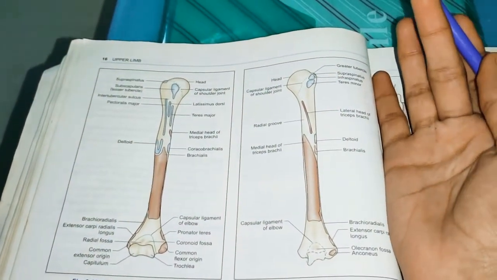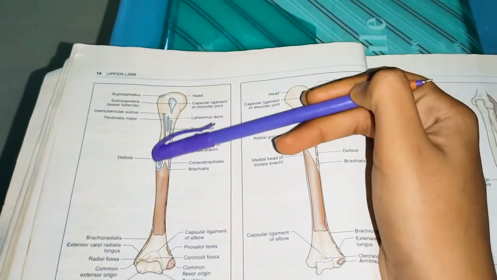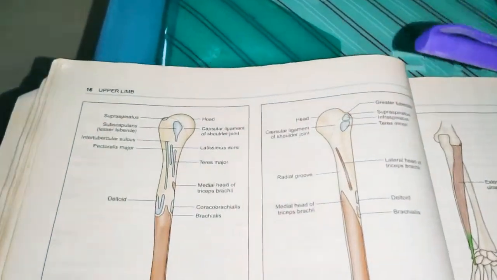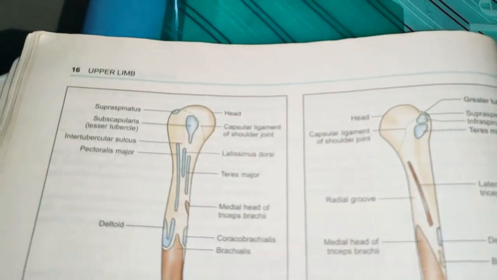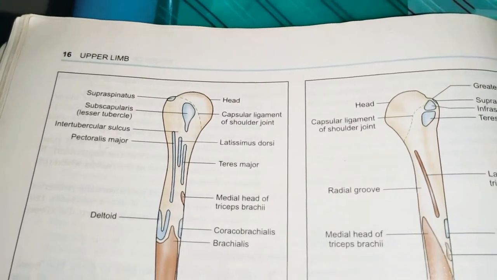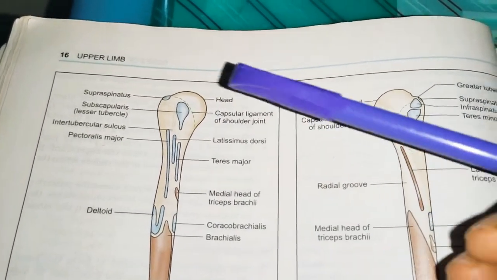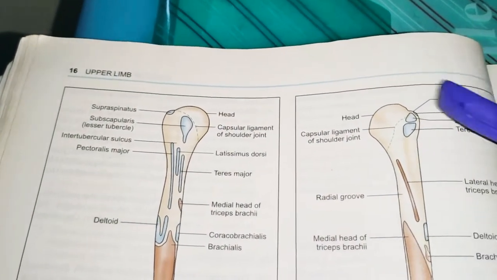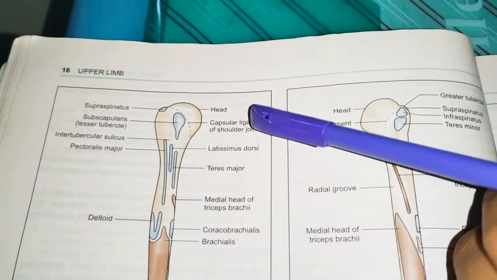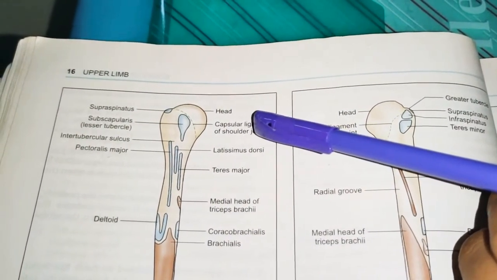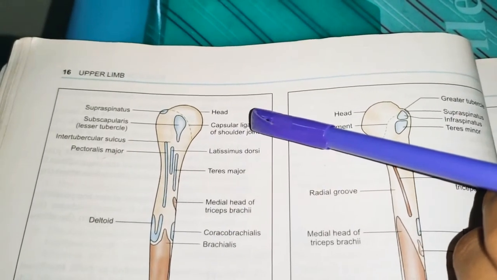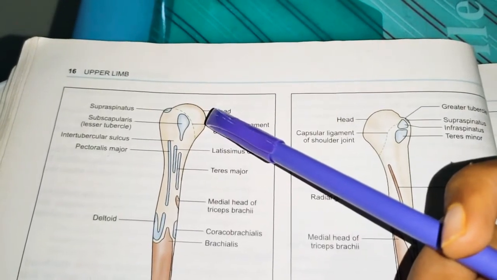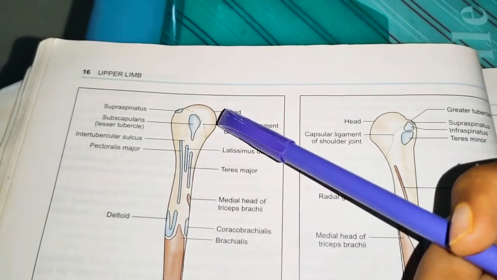First we need to understand what is the anterior and posterior surface. This is the anterior surface of the right humerus and this is the posterior surface of the right humerus. We will see the upper end of the anterior surface first. The upper end has a head, which is located medially. Why is it located medially? Because it needs to articulate with the glenoid cavity of the scapula. The glenoid cavity is on the lateral side of the scapula, so it needs to attach with it, right? So this head, which is placed medially, articulates with the glenoid cavity and forms the shoulder joint.